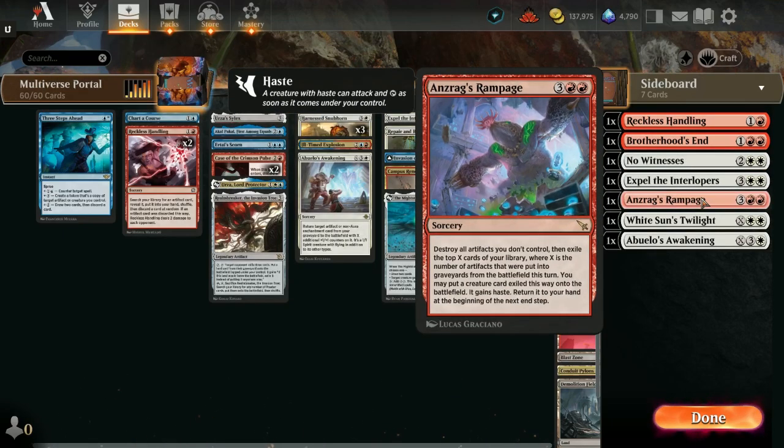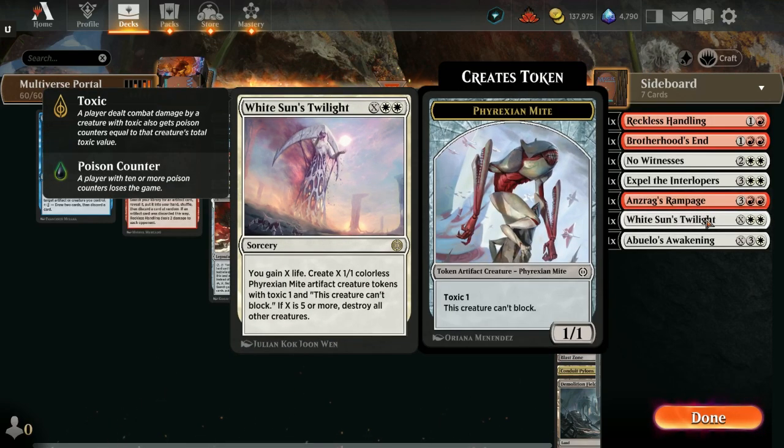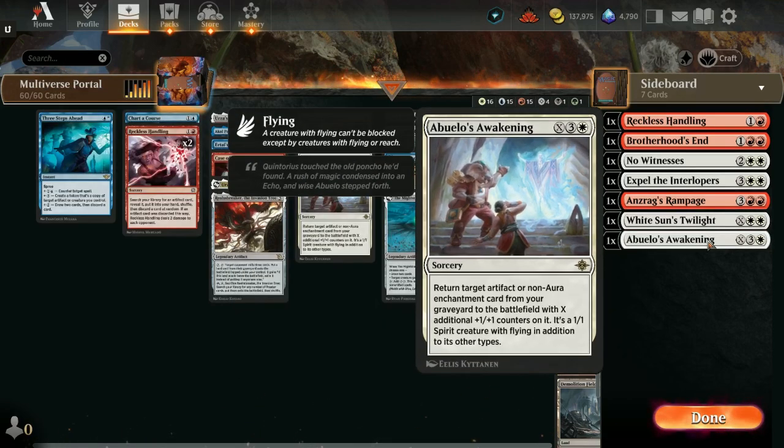1 Anzrag's Rampage to destroy all artifacts I don't control. White Sun's Twilight if I want to do the board wipe with the poison follow-up. And 1 more Emergency Abuelo's Awakening to get stuff out of the graveyard. So